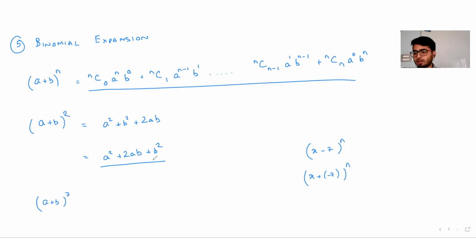So this is a better way of writing because it is consistent with the general expansion for a binomial. And note that this result holds only when n is a positive integer. In case it is not, then we will see that there are different ways of expanding it. This binomial expansion only holds true when n is a positive integer. So this was binomial expansion.